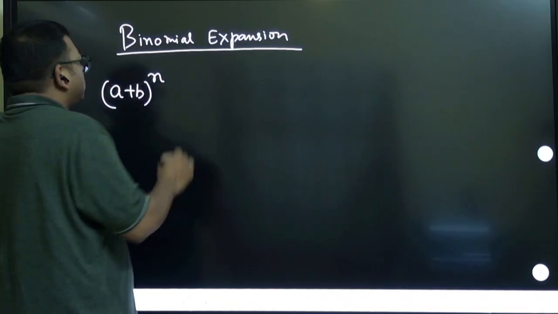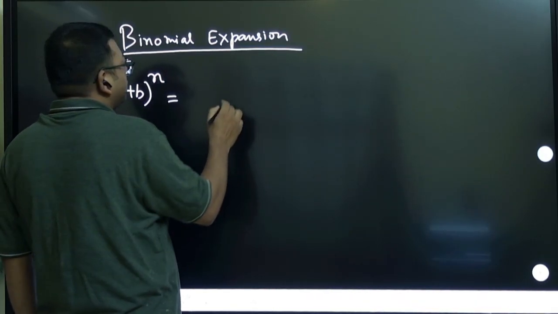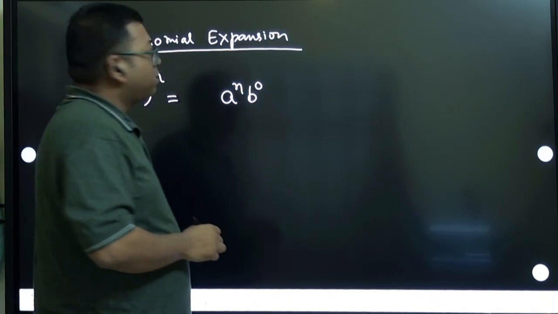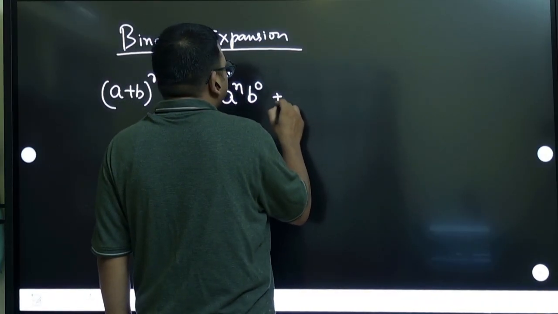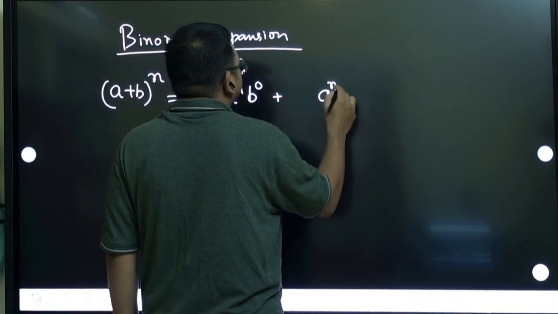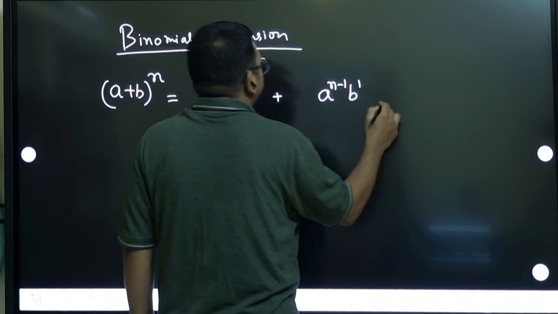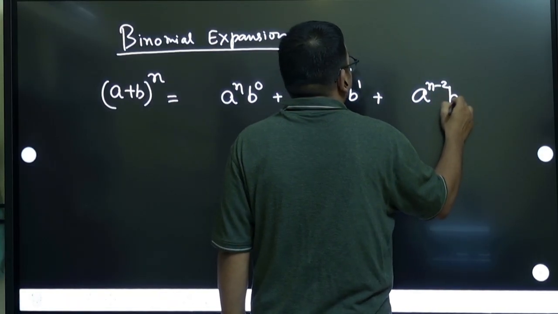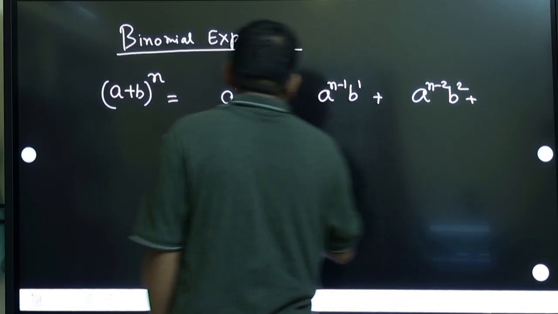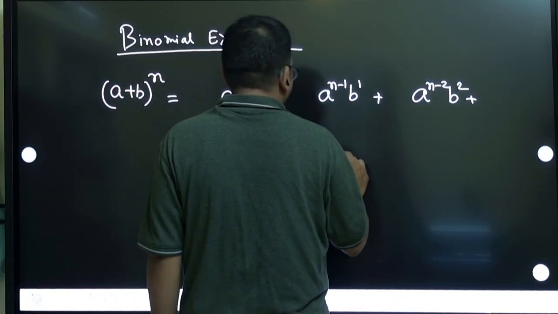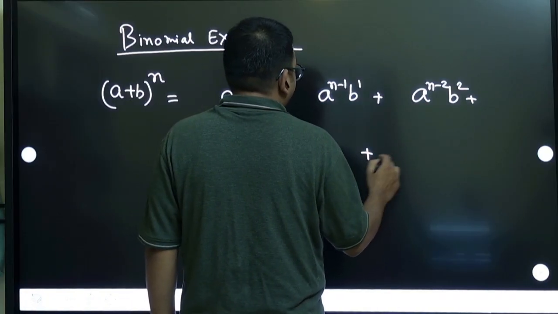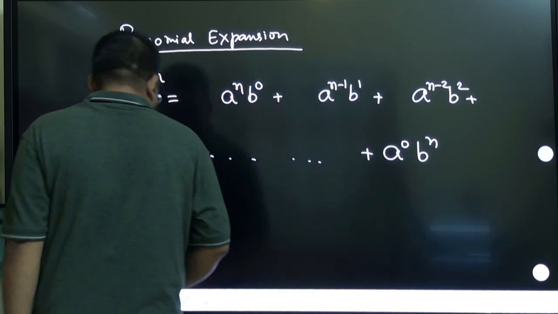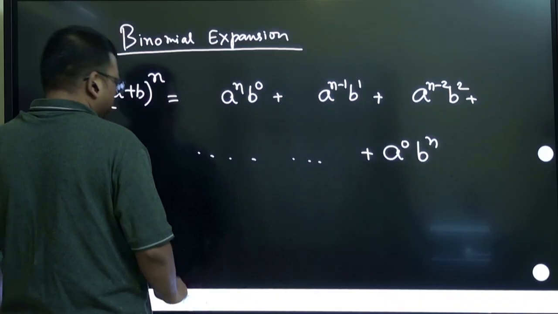If we want to do it, a power n, b power 0, and the powers of a we can keep on decreasing while the power of b we keep on increasing, a power n minus 2, b power 2, like that we can continue, and the last term will have a power 0 and b power n. And here the coefficients of this expression are